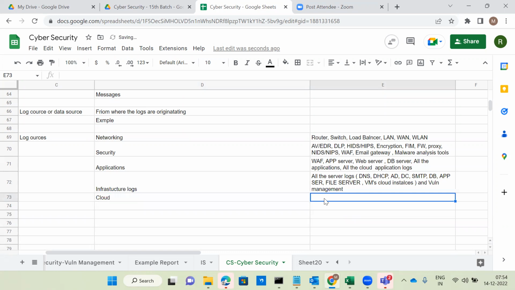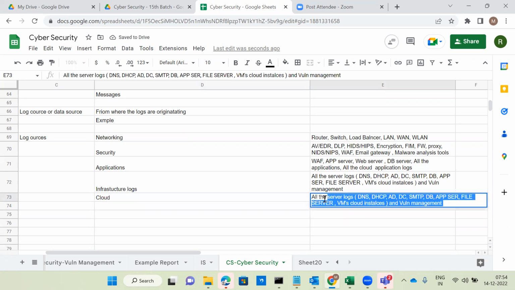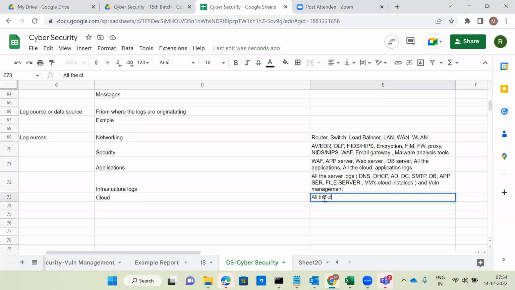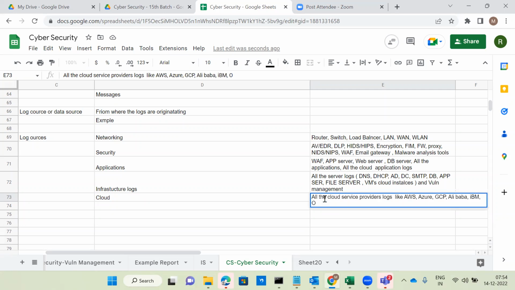The last one is cloud. For example, all the cloud service provider logs, like AWS, Azure, GCP, next Alibaba, IBM, Oracle, and SaaS based tools log integration.